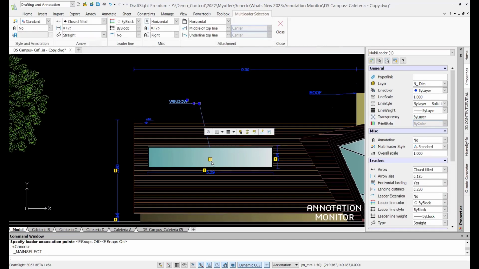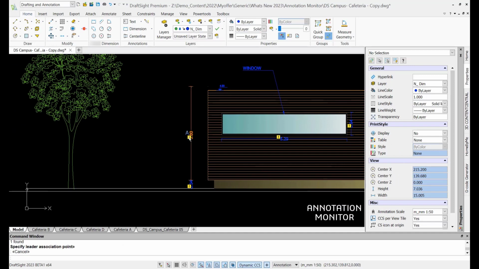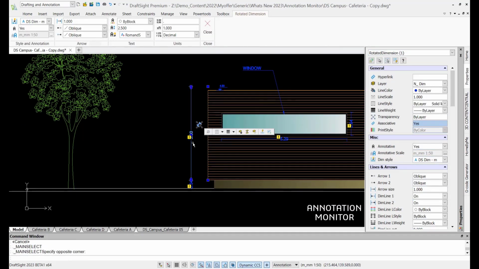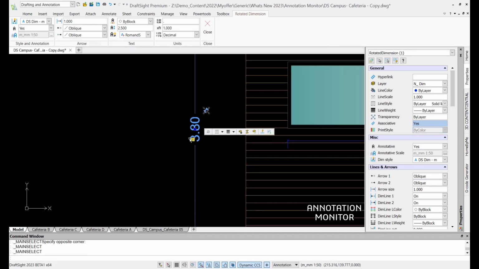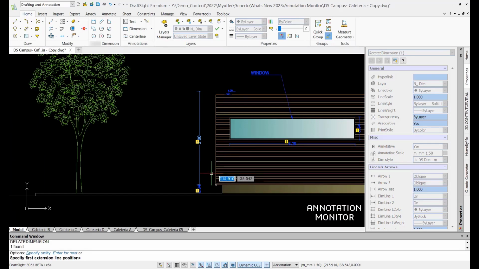Ensuring that every dimension and annotation is correctly associated can save a lot of time and headache and is especially useful when projects are still being updated in the design phase. The Annotation Monitor is a visual and procedural tool to speed up annotation checking and helps to quickly complete annotation